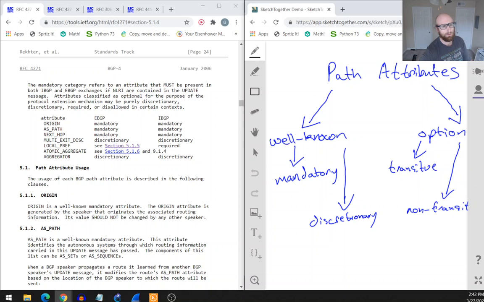What the hell? This doesn't mean anything. The mandatory category, so this category here, the mandatory category, which means that it's a well-known attribute, refers to an attribute that must be present in both iBGP and eBGP exchanges if network layer reachability information is contained in the update message. Attributes classified as optional, so in this category here, for the purpose of the protocol extension mechanism, may be purely